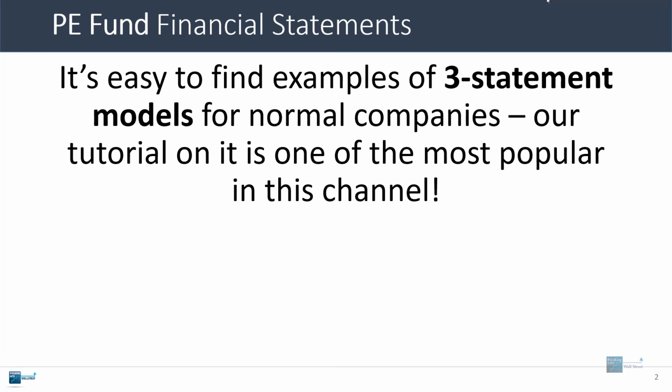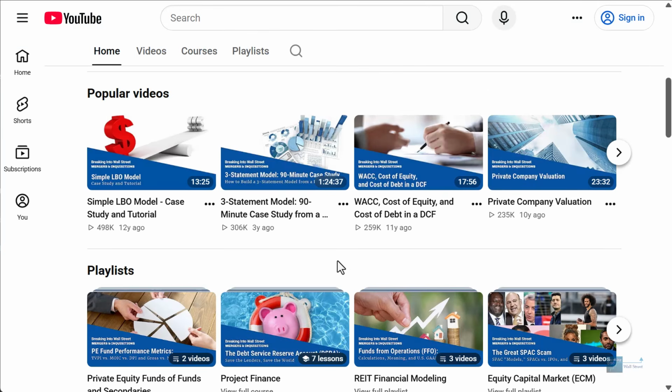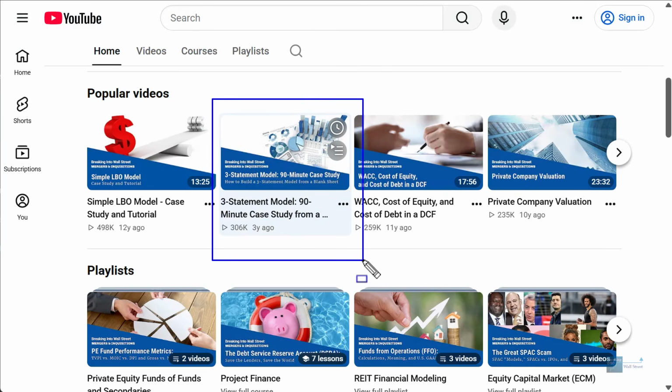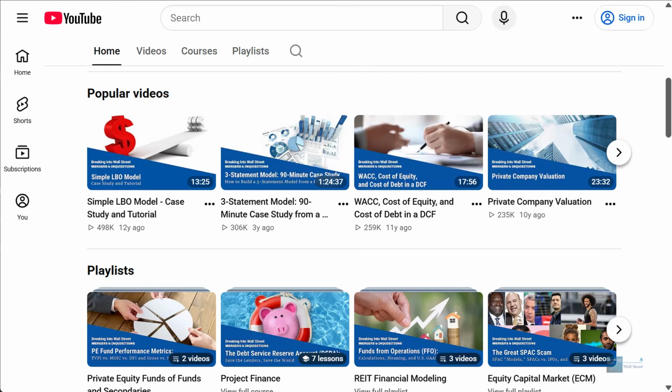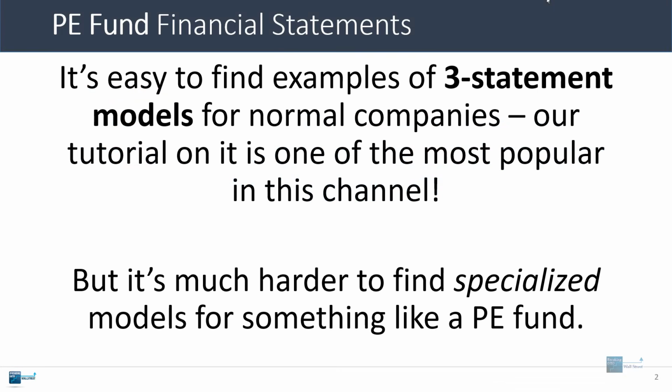Now, it's pretty easy to find examples of three-statement models for normal companies. In fact, one of the most popular videos on this channel actually covers this exact topic, how to build a three-statement model starting from a blank Excel sheet. But it's a lot harder to find specialized models, especially quality ones, for something like a private equity fund rather